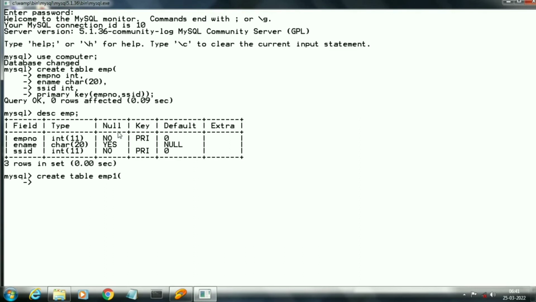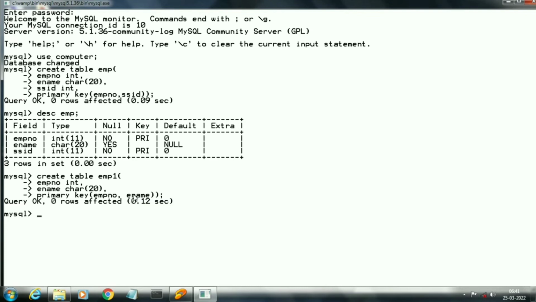In the above example, both the fields of the composite key are numeric integers. Now in the next example, I will use employee number and employee name as a primary key, where employee number is a numerical value whereas employee name is a character string value. It means you can combine any numerical, alphanumerical or character values as a key in a composite key.